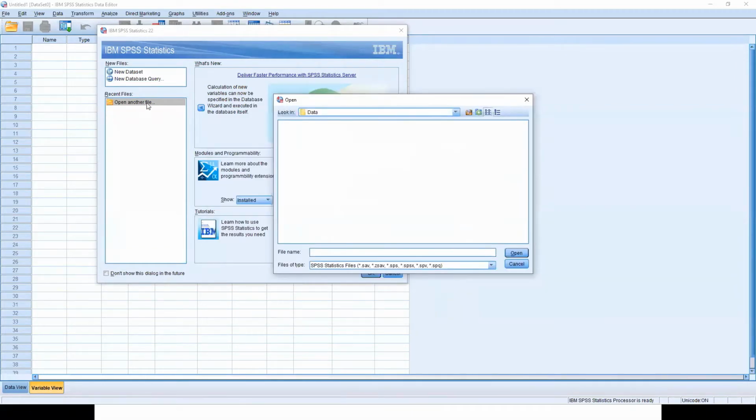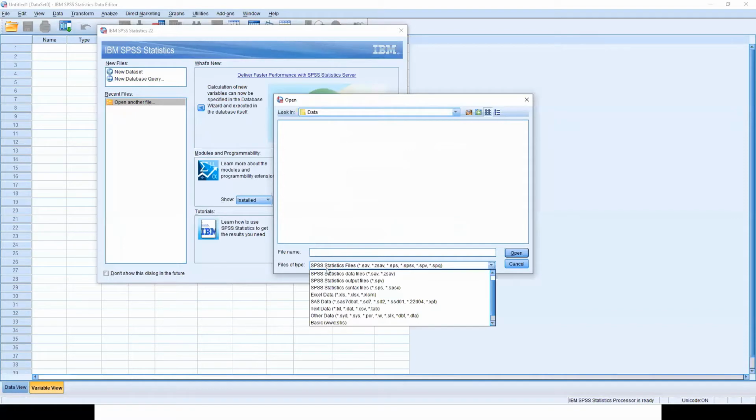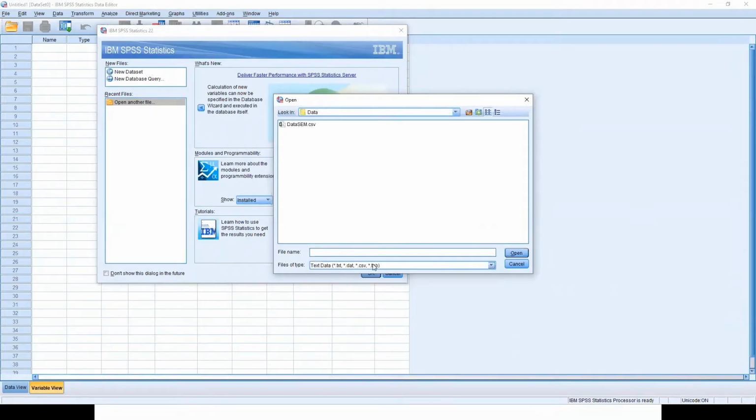Open another file, and in this you will see a lot of options. Just click on CSV, and you will start seeing data sem.csv.